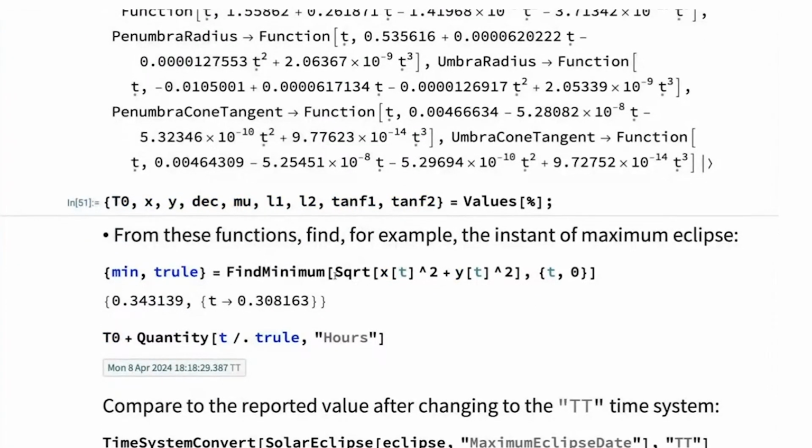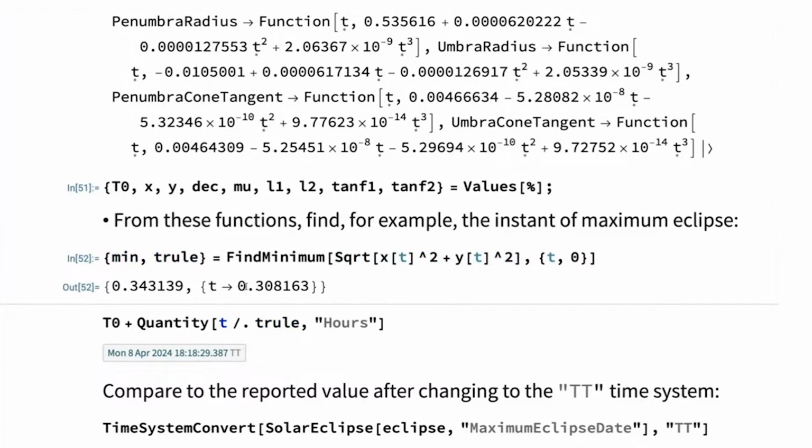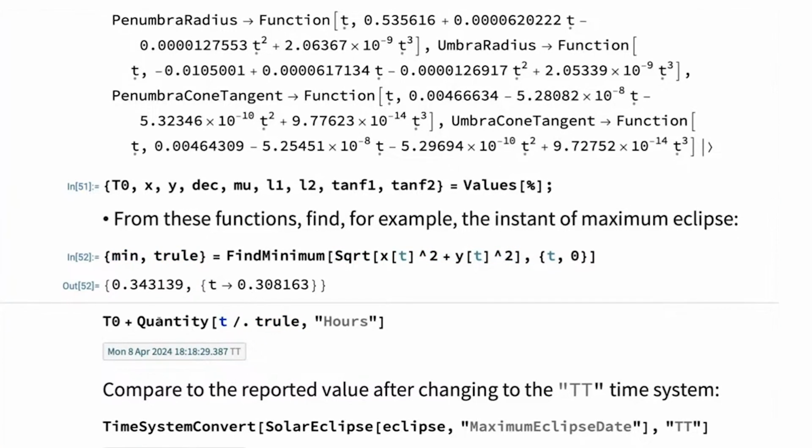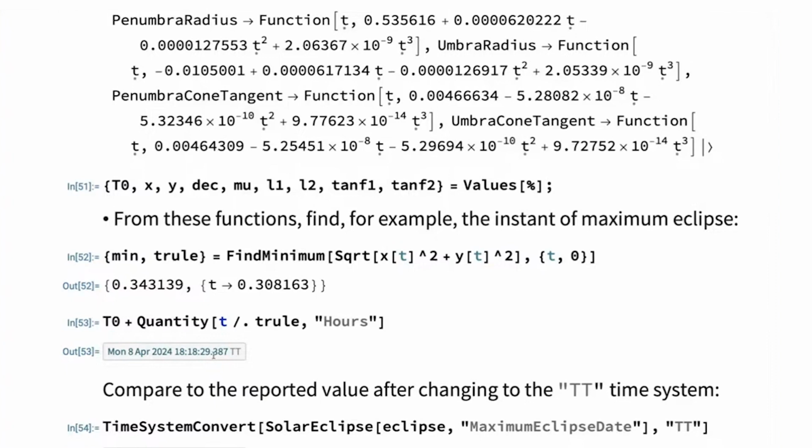And then X and Y are just the coordinates in that plot in the Besselian frame. So if we compute the minimum of the distance from the position of the shadow axis to the center of the Earth, we will find the moment of the maximum eclipse. We just convert it into hours, and we get that number, which is exactly what SolarEclipse would report, you see,